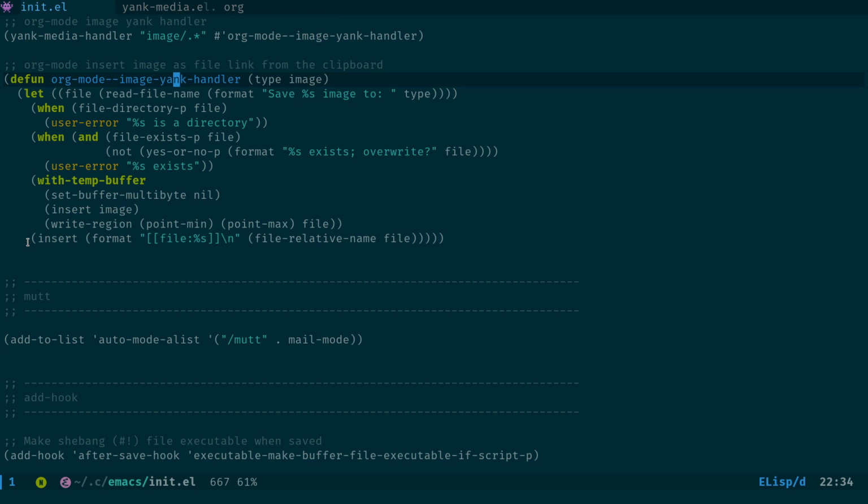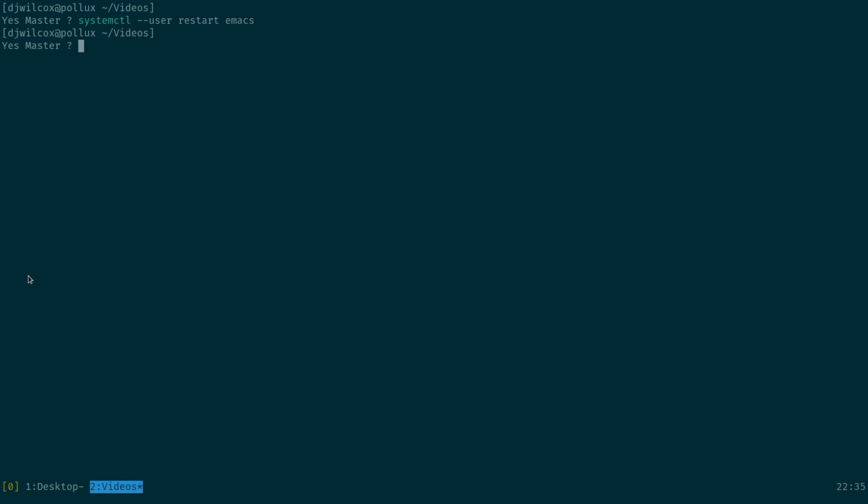I'm not sure, looking around the documentation and stuff, why it's not working, whereas this is essentially the same code as in the HTML mode, but it's not automatically loaded. So if I kill Emacs and restart it,